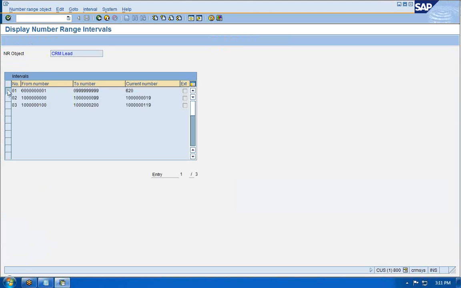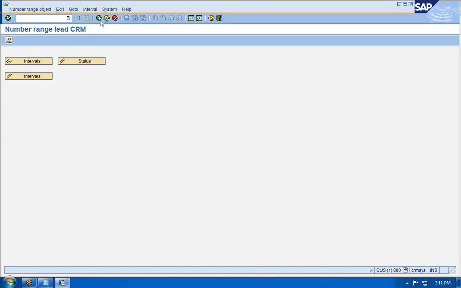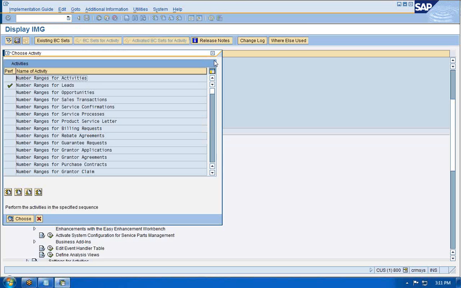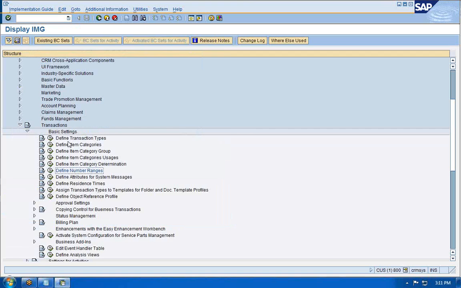See 01. Now the current number used is 620. 12999 is the number range. 01 is the ID. From this number only all transactions need to be saved. So that is the reason that 01 is assigned to your transaction type. If you observe here,